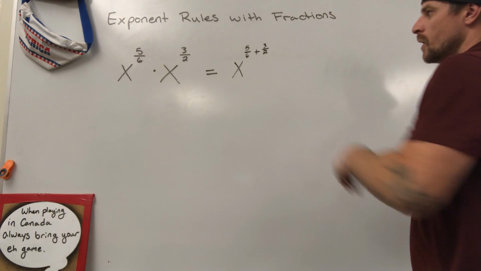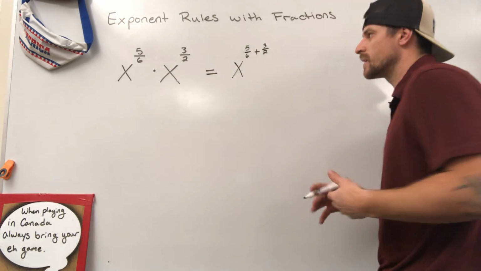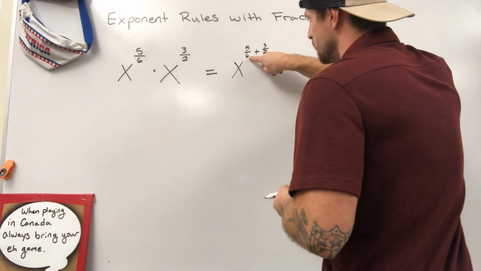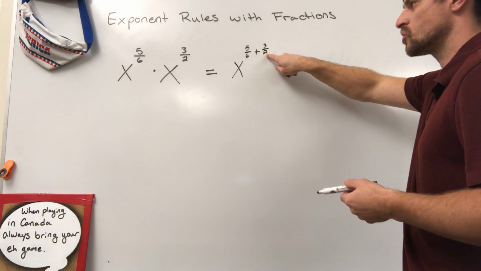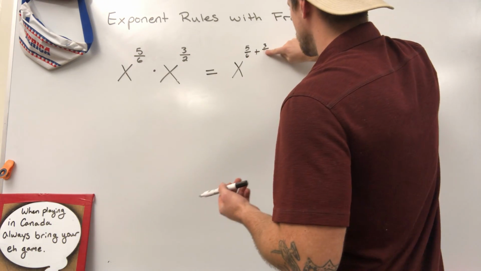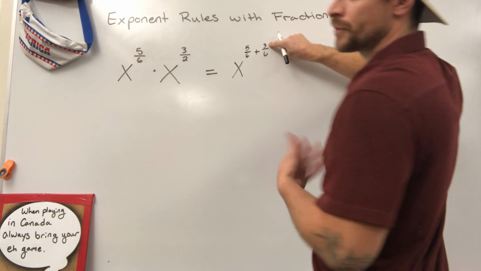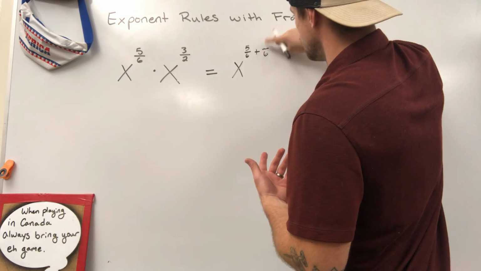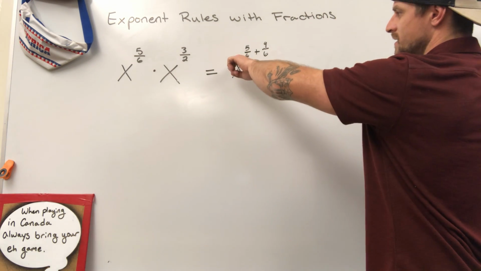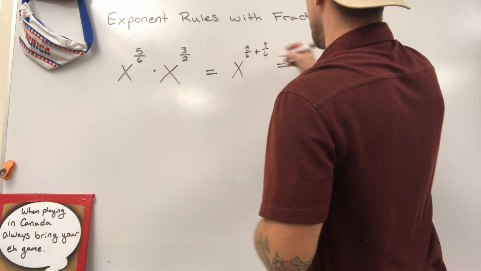Now, if you remember, we can't combine these unless we have a common denominator. So right now we've got a 6 and a 2. I don't want that 2 to be a 2 anymore. I want it to be a 6. So if I'm going to change a 2 into a 6, I multiply by 3. Multiply the top by 3 as well. 3 times 3 makes a 9. Leaving me with x to the power of 5/6 plus 9/6, giving me 9 plus 5 makes